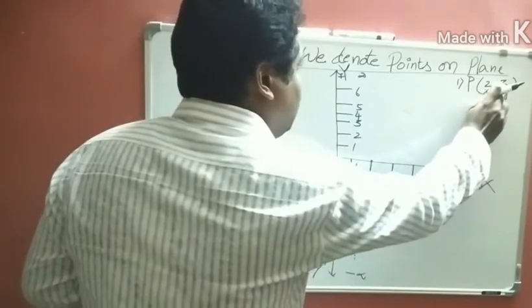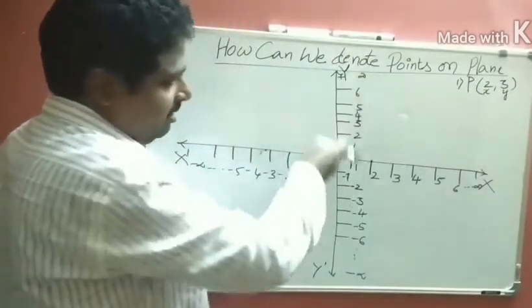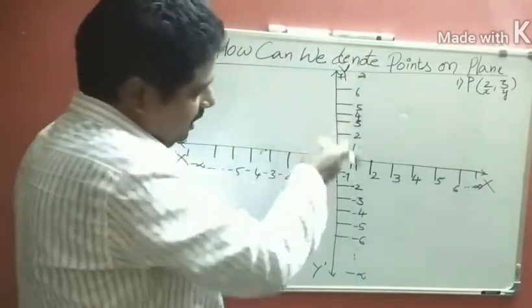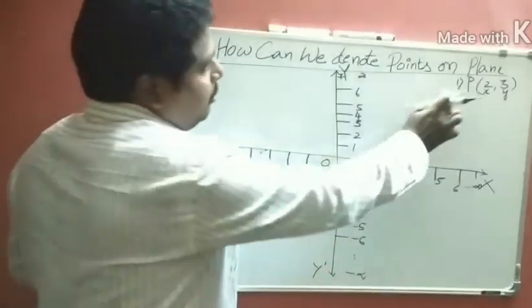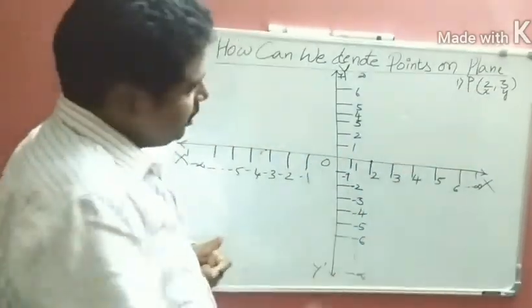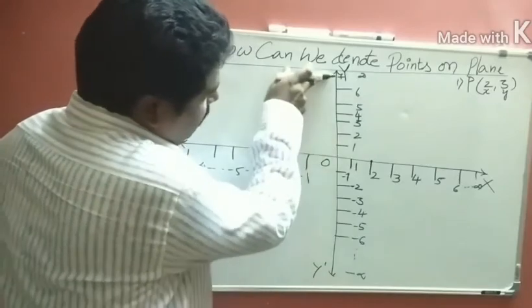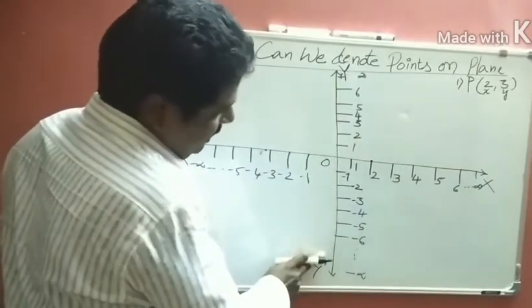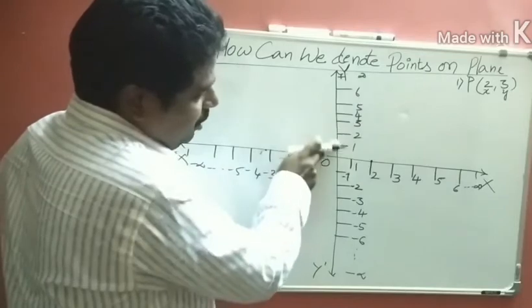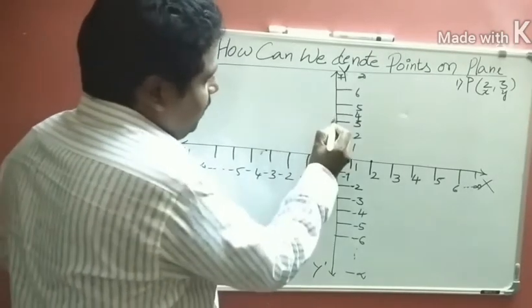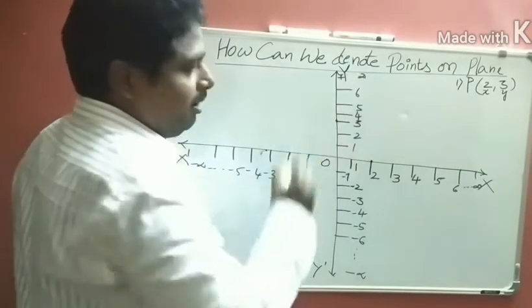Okay, next y is equal to 3. Y is equal to plus 3. The vertical line is called the y axis. This vertical line is also a real number line. So y is equal to 3 is positive. We know that this one is the positive y axis, this one is the negative y axis. So 3 should be on the positive y axis. On the positive y axis, 3 is here. So put a dot here.